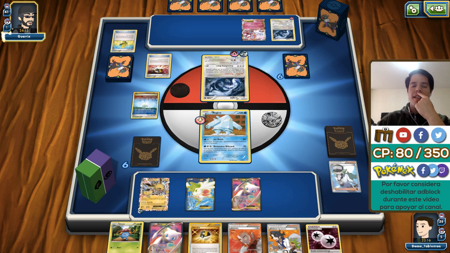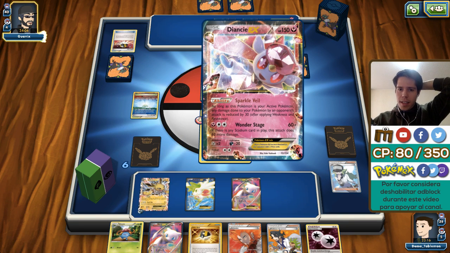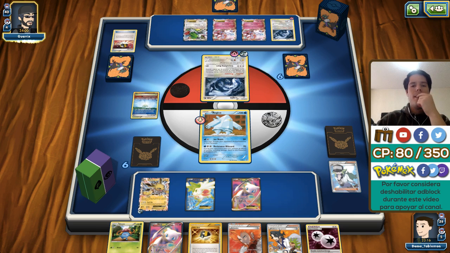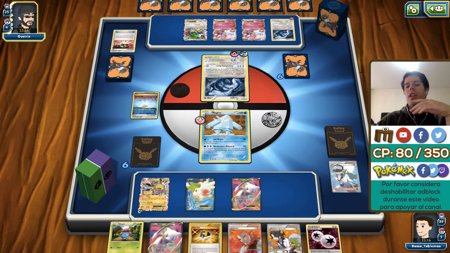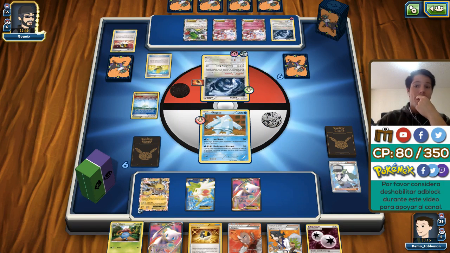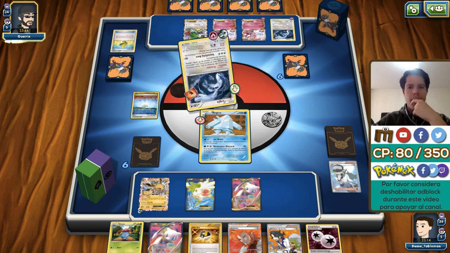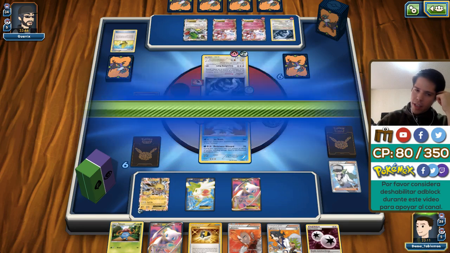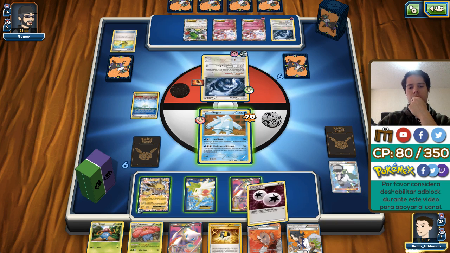Now we actually see a Diancie EX, and we might actually reach a weird stalemate here, if you will, because Mega Diancie EX prevents Pokemon EX from dealing damage, and then if I lock his Mega Diancie with a Glaceon, which I just discarded one of, then we're gonna reach an impasse, and we might actually end up in a stalemate. Okay, and now this is not an ideal situation either,